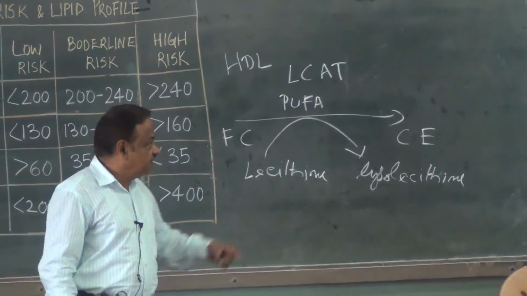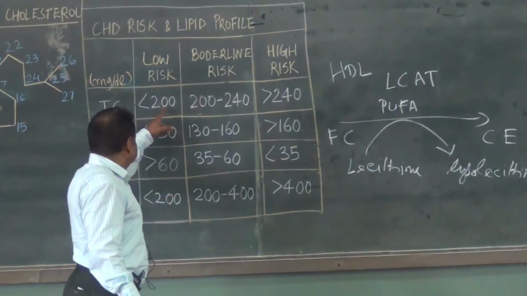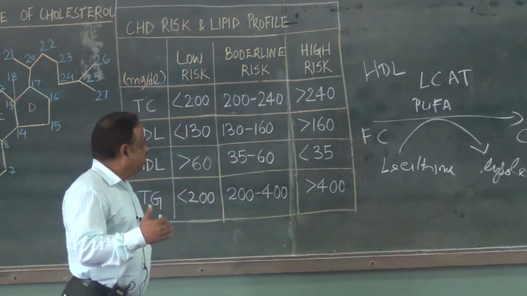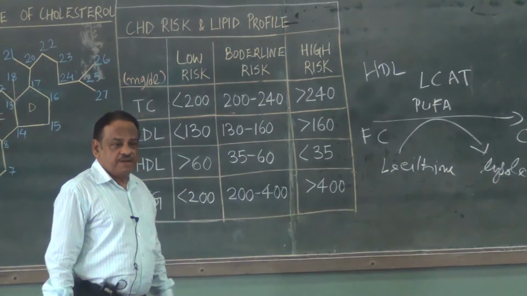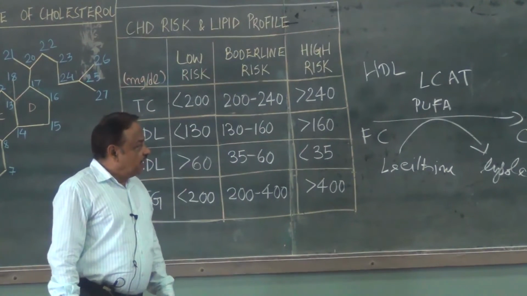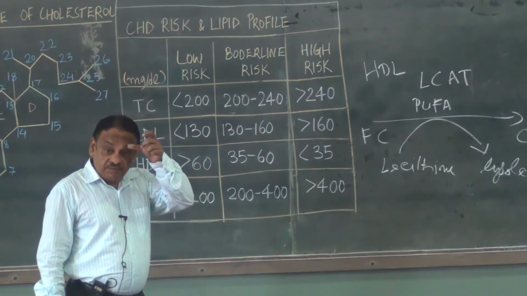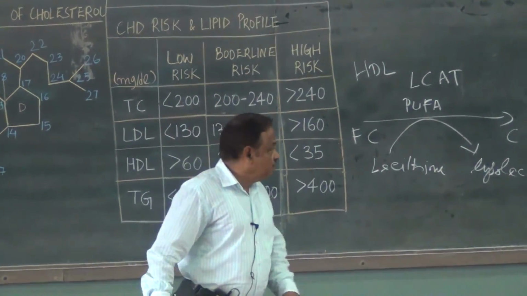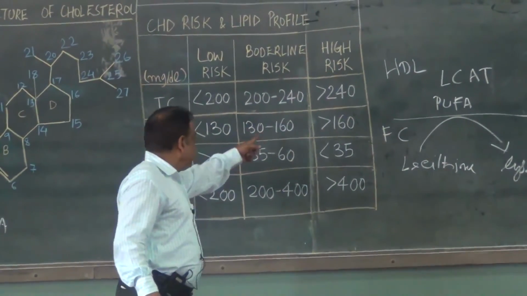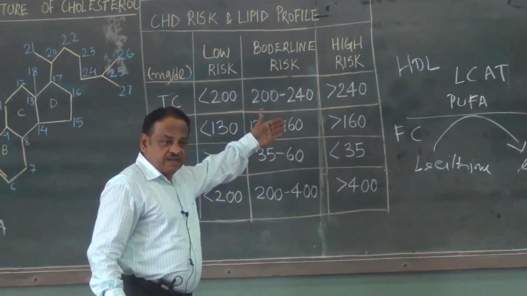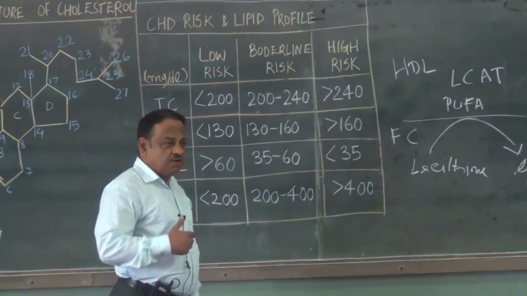Number two, high total cholesterol. That we have seen already. High total cholesterol means any value more than 200 is bad. Number three, high LDL cholesterol. If LDL cholesterol is more than 130 to 160, and if it is more than 160, one should try to bring it back